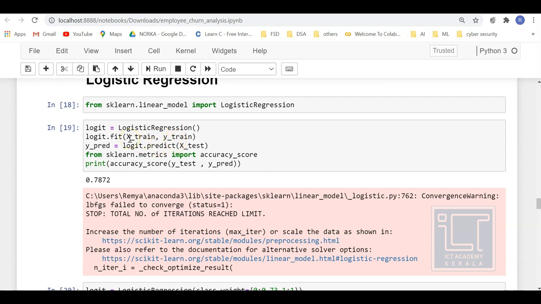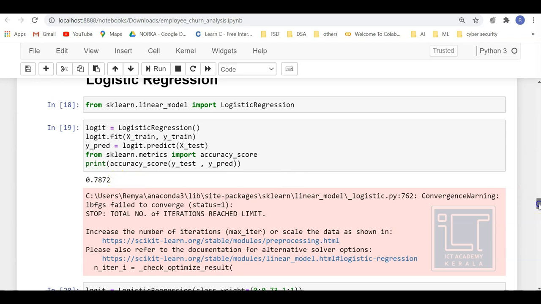Once the model learns the facts, you can make use of that model for predicting the target value based on the X test. Using Y test and Y predict values, you calculate the accuracy score. Okay, it's coming to 0.7872. That is a 78% accuracy rate.